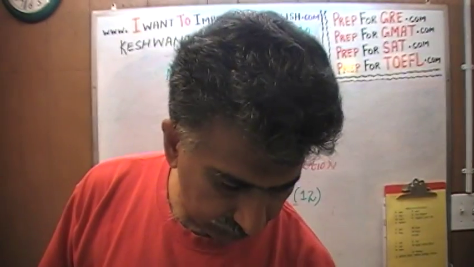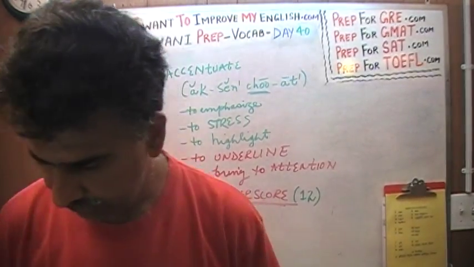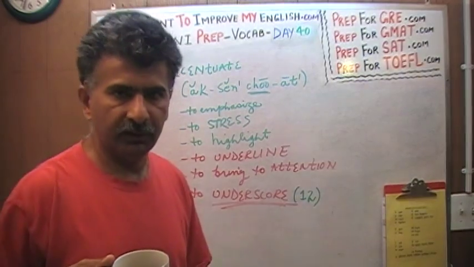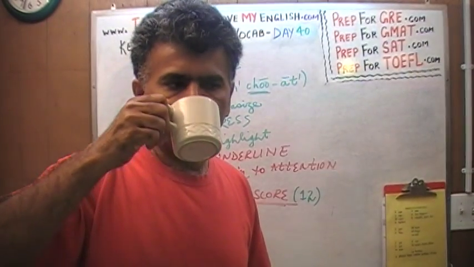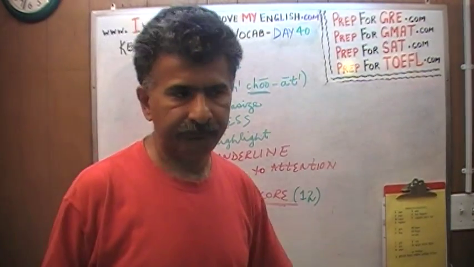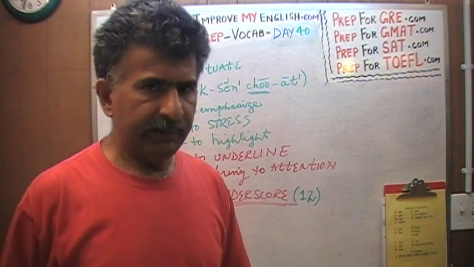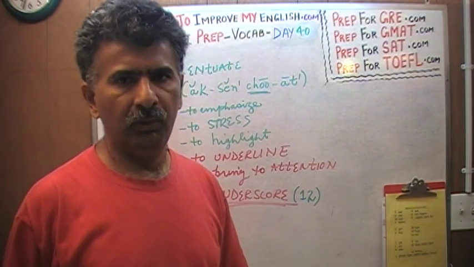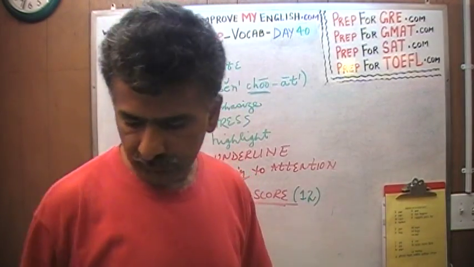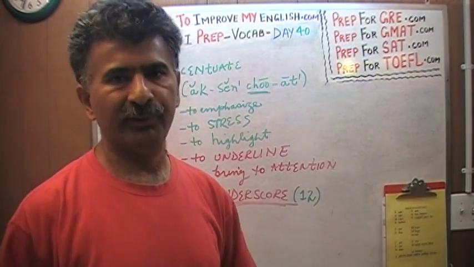I covered it that day because many times in the classroom when I'm teaching the SAT, GRE, or GMAT courses, especially the SAT courses, these are young kids who want to have fun, and if they don't know the meaning of the word, they'd like to make one up instantaneously. And they think that underscore means to score less than desired. Underscore, get it? It means no such thing. Underscore means to emphasize, to highlight, to underline, to accentuate.